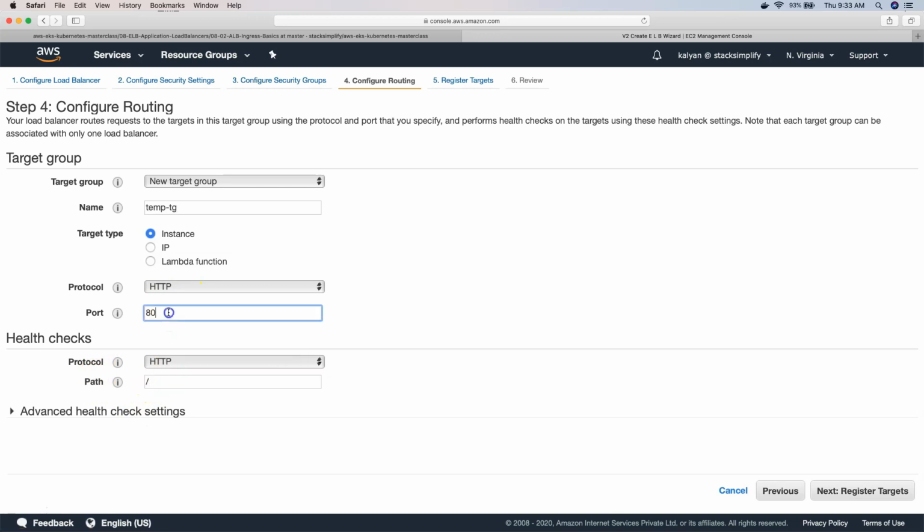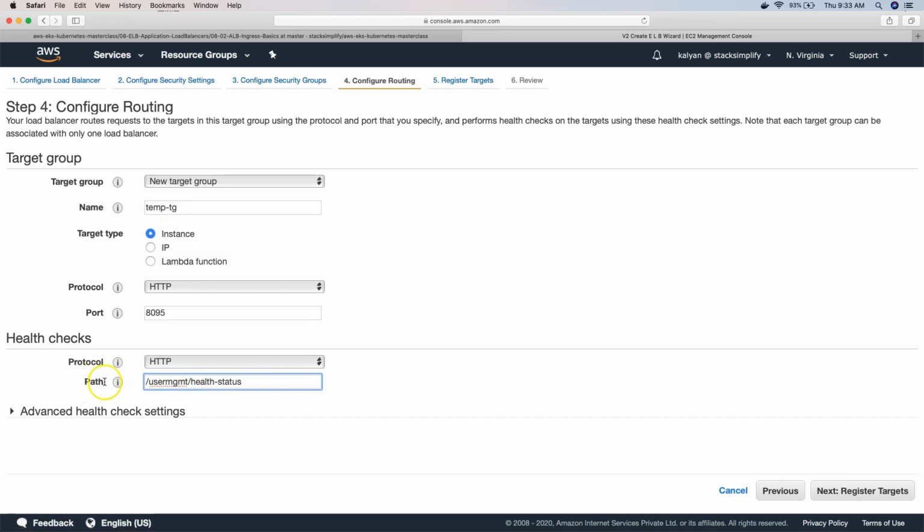In our original case, the application we are going to deploy uses 8095 as the port, and our health check path is going to be user mgmt /health status. These are just temporary ones which are not going to work. We are going to understand what we are going to write using the Kubernetes manifest. So this is the target group, and these are the health check details.